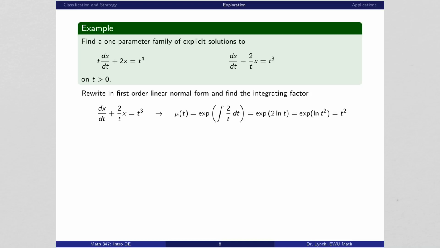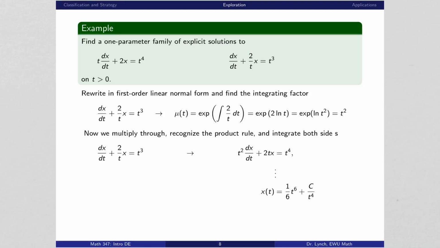So go ahead and multiply through our differential equation in first order linear normal form by this integrating factor t squared, and you'll recognize not only the product rule, but also the differential equation that was a motivating example for the beginning of this section. So there it is, t squared times x prime plus 2tx equals t to the fourth. And we saw how to solve this differential equation, recognizing the product rule, integrating both sides,